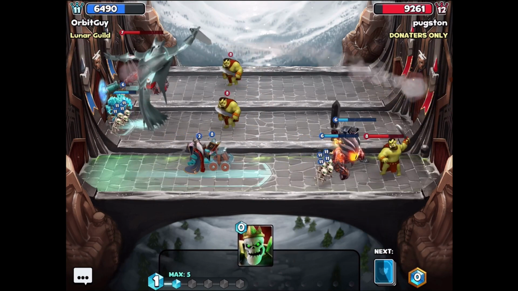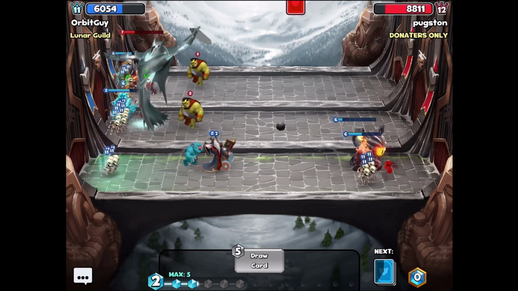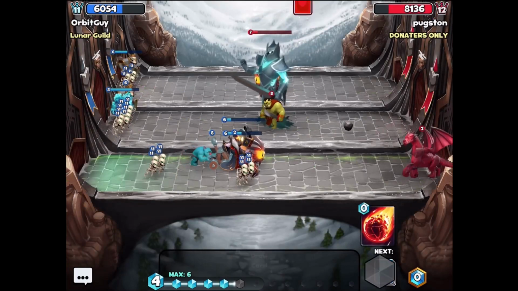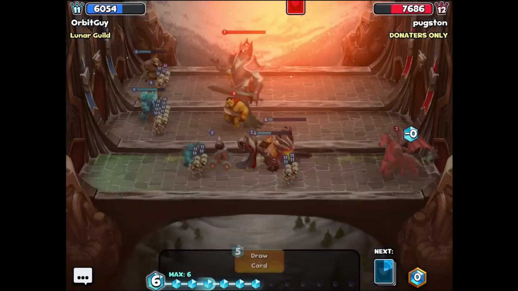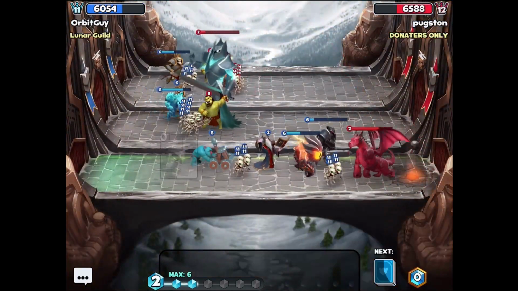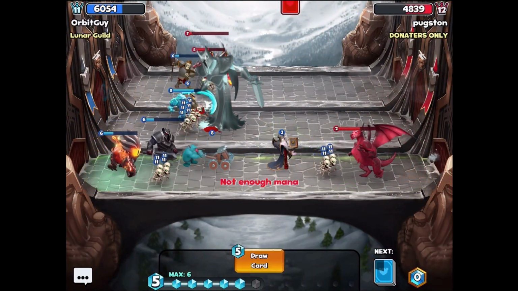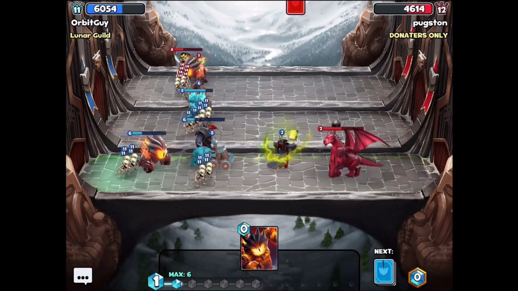And again, skeletons really helping me out, absorbing that melee push. And now we're applying the pressure here. The damage is going on their castle. Fire Elemental,